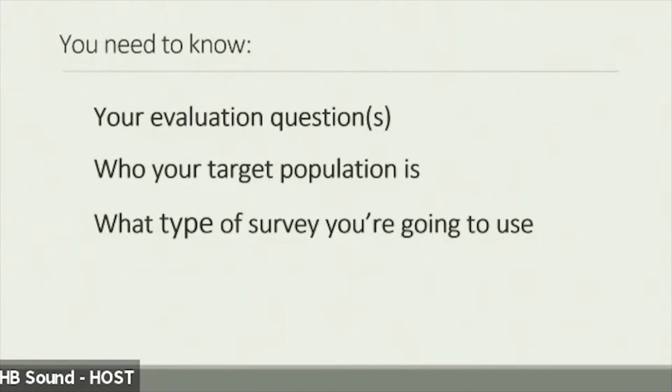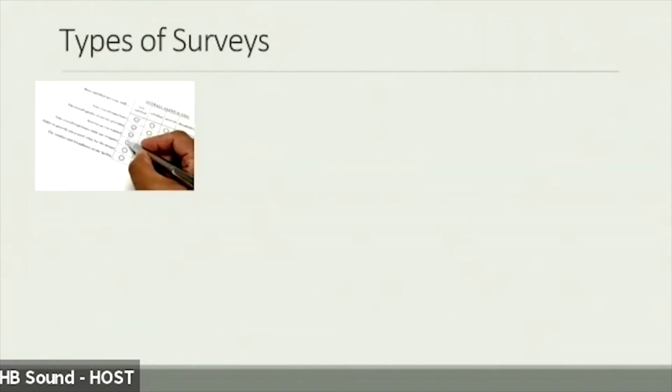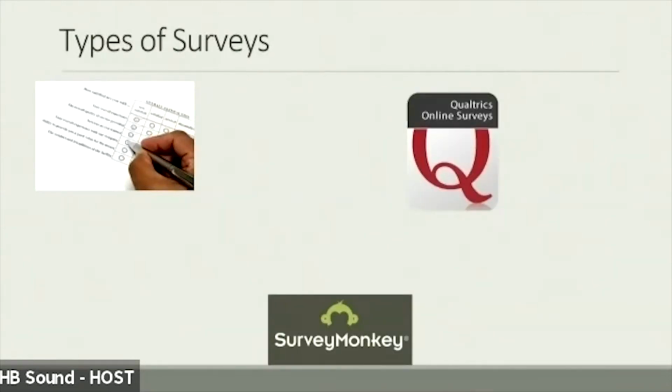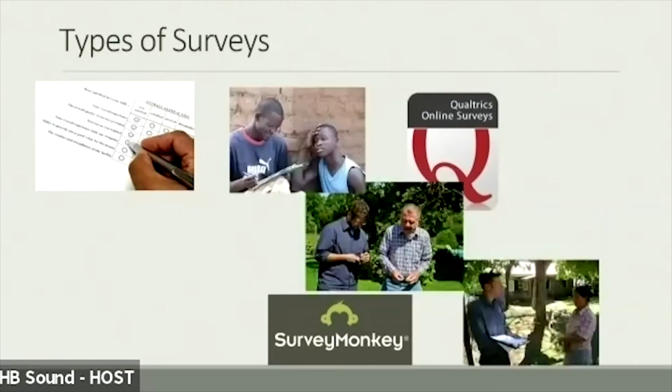The next thing you need to decide if you're going to do a survey is what type of survey you're going to use, right? So some of you might be going, wait, what? There's more types of surveys than one? Well, there are. So next slide. And as I go through these, you're just going to keep clicking on your clicker. So we got paper surveys first, and we all know what those are, paper and pen. And then we've got online surveys. If you're not using Qualtrics, you're probably using SurveyMonkey or one of the others, but Qualtrics is definitely the best.